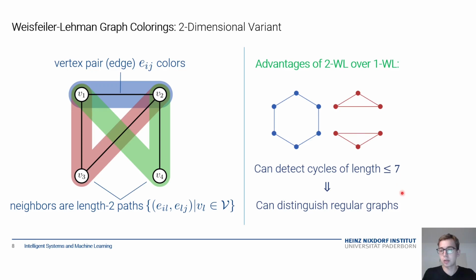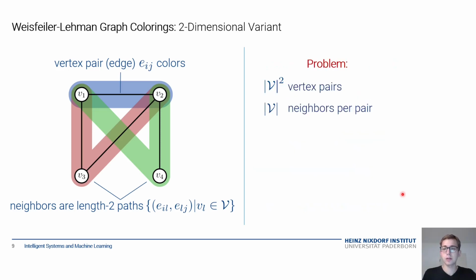So both of the limitations of the one-dimensional coloring scheme that we saw before don't apply in general to the two-dimensional coloring scheme. The downside of these advantages is that we have to consider a lot more vertex pairs for each refinement step. Secondly, the number of neighbors per pair turns out to be linear in the number of vertices